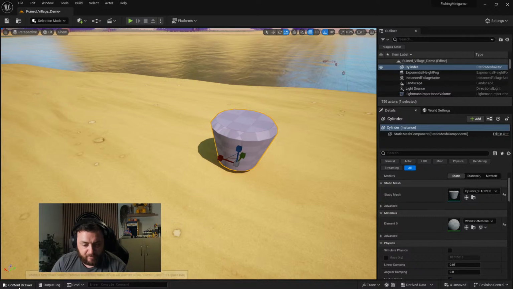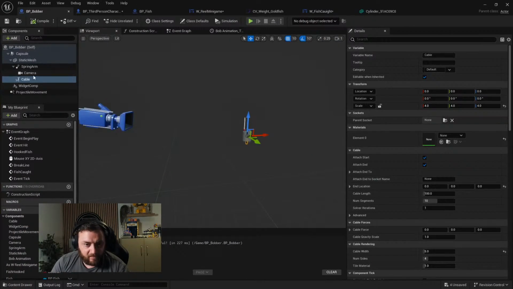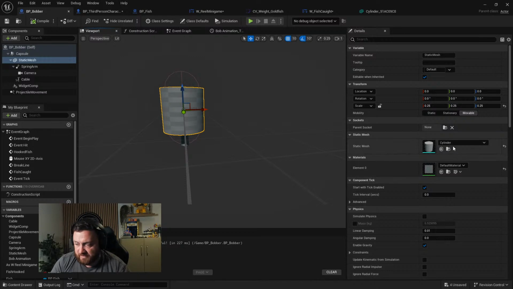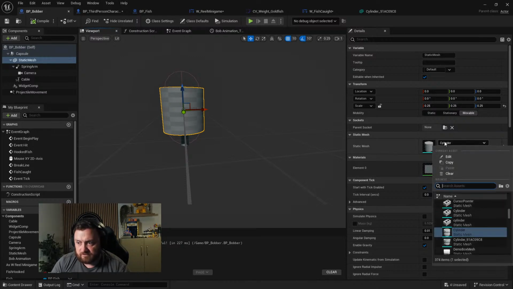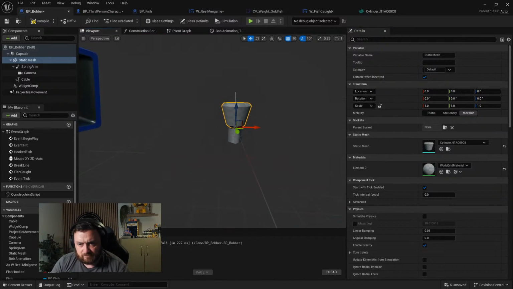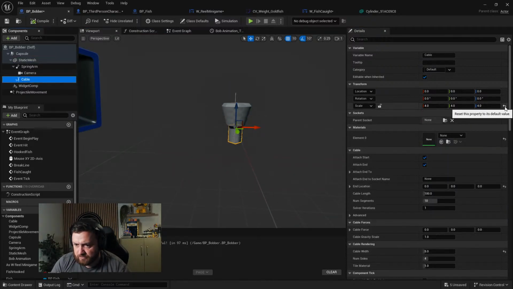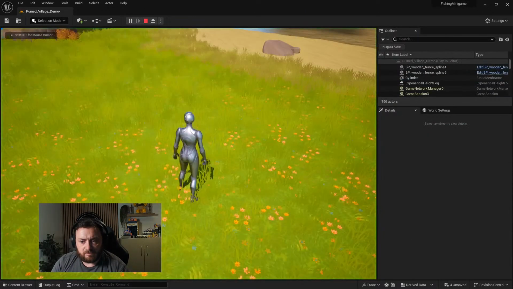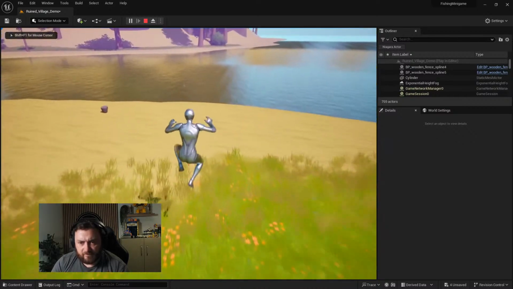So if I go to my bobber and replace the mesh with our one, there we go. And the cable, get that down to smooth there. If I throw this out,